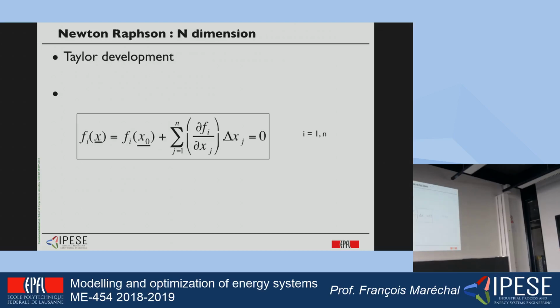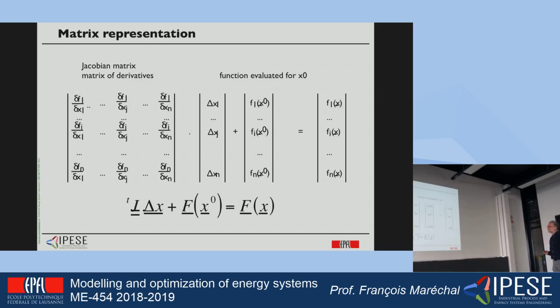I'm going to consider that I have an initial guess, and I'm going to consider that the vector of the function is approximated by the first Taylor development. So it means the function at the initial point plus the sum, but now it's a matrix, of the derivative of the function i with respect to the variable j, that I will multiply by the variation of j. And if I have this, then I will be able to calculate, so it's really a matrix definition. So it means that I need to calculate all the derivatives of each of the functions with respect to each of the variables, okay,